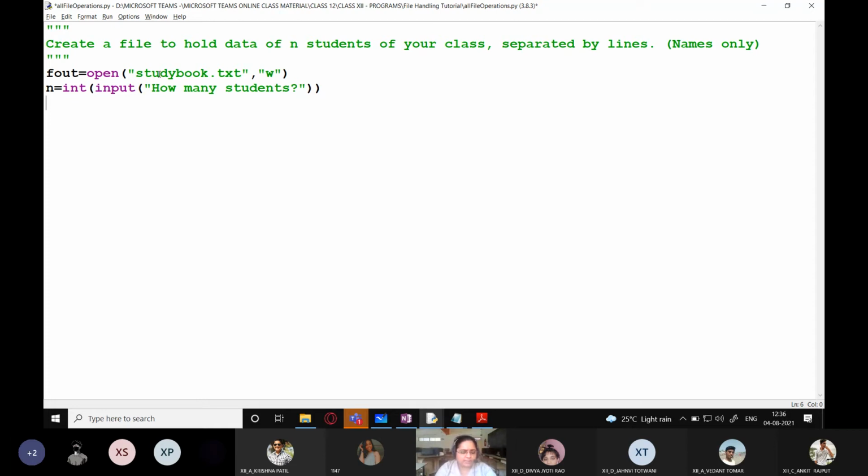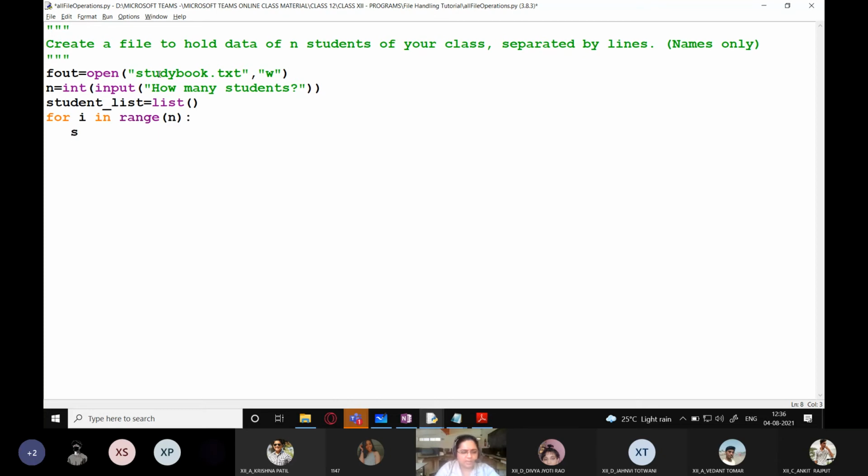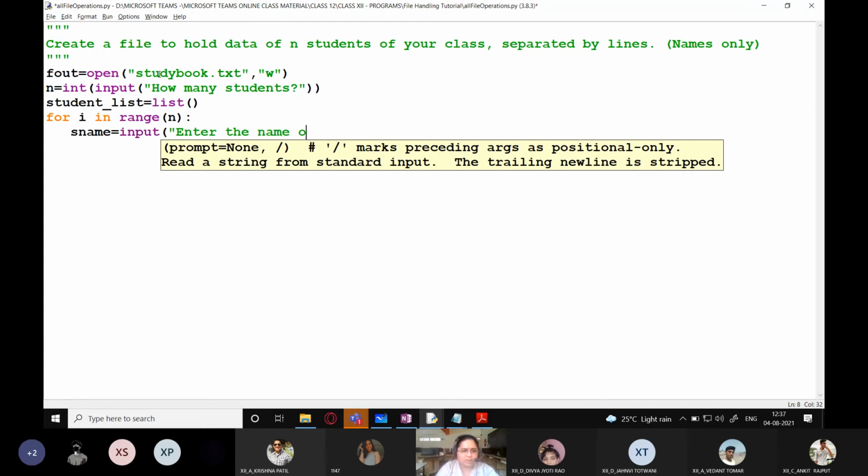Separated by lines. So what I'm going to do is first create a list object which will contain student list. This is a list object which is created now. For i in range n, ask for the name, s name equals input, enter the name of student, and I'll also make it like this, enter the name of student i plus 1.